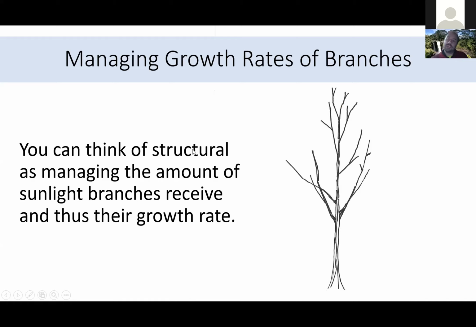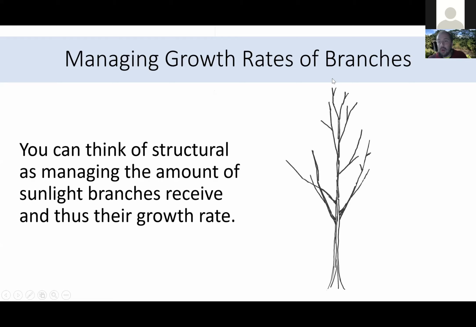Let's talk about this 2D drawing of a tree that I have here. Hopefully you can see some of the issues it has. We have codominant stems, right? This one and this one are competing. And in fact, there are some competing ones out here and here. These two here and here, I would also say are competing. So we're going to want to pick one of these stems to be our dominant leader, and then we're going to want to suppress, i.e. shorten or remove, the others.